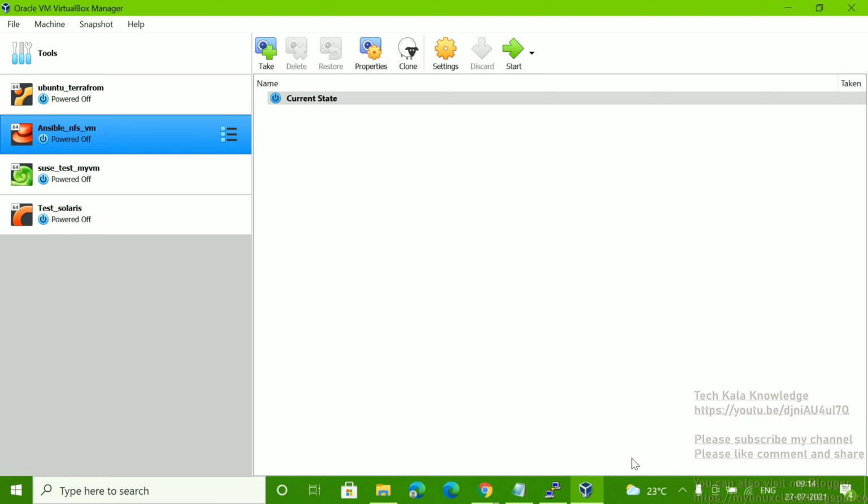So basically AWX is a Red Hat software. It is an open source community project, the same as Ansible Tower. Ansible Tower is a paid version. If you want to use Ansible Tower, you have to purchase a subscription and pay. But AWX is freeware.